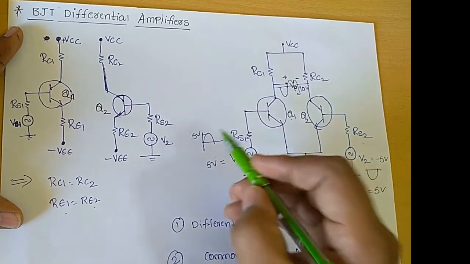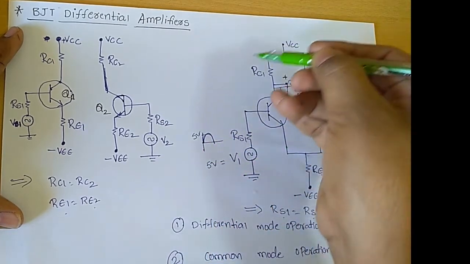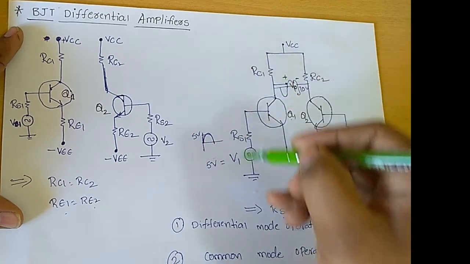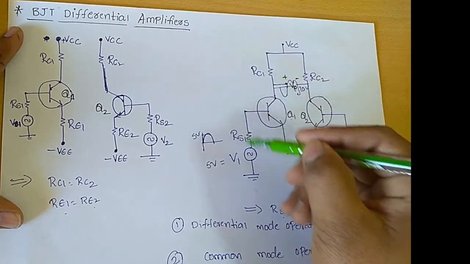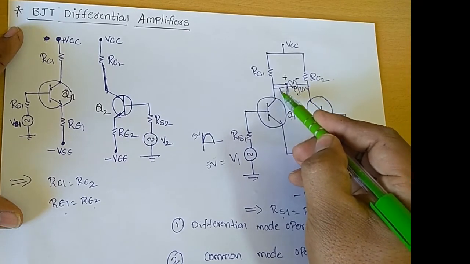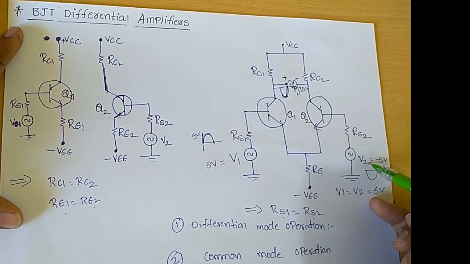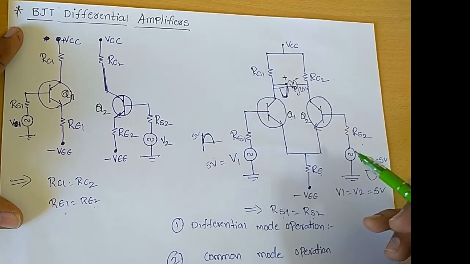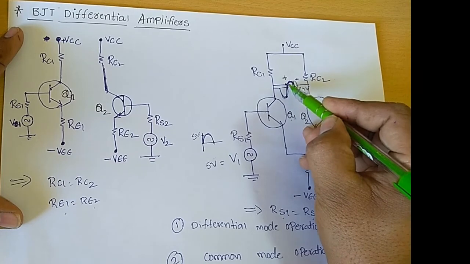minus 5 volts. During the positive half cycle of the input voltage, this single stage CE amplifier produces a 180 degree phase shift of the input signal. Therefore the output equals how much? Minus 5 volts, okay. Here we will get minus 5 volts. Coming to the Q2 transistor, we give the input voltage equal to minus 5 volts. This negative half cycle of the input of the Q2 transistor should produce what output? A positive half cycle. So here it is producing the positive half cycle.